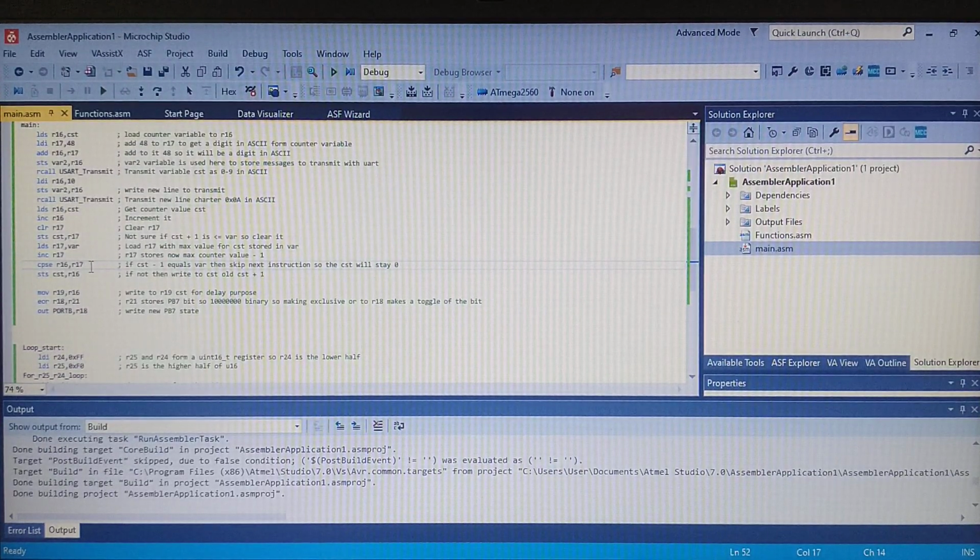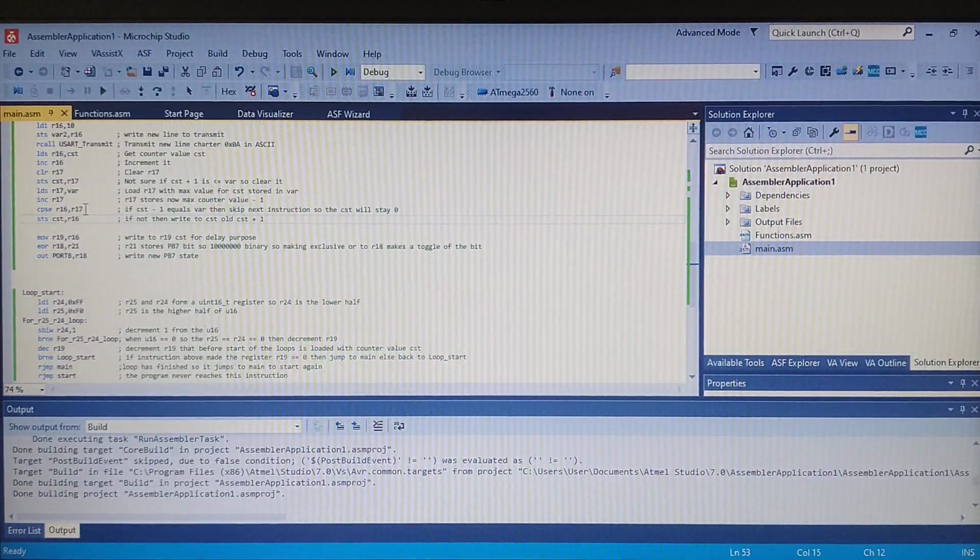Then we will not do this instruction, but if it's not overflow, then we will write back the CST variable, which is incremented by 1 right here. Okay,